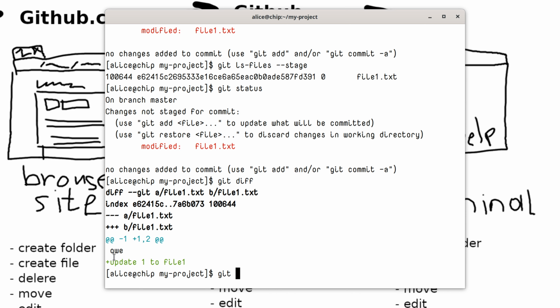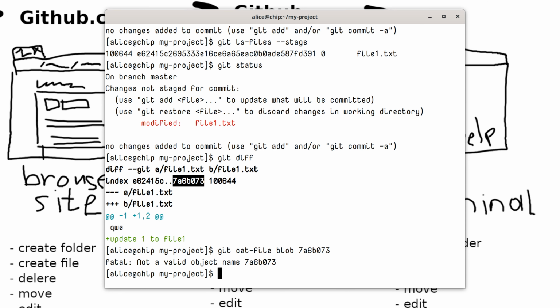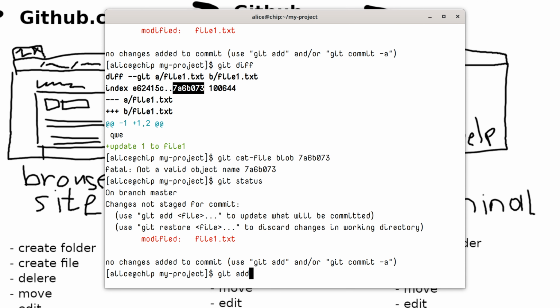So is it actually already created? So now let's try git cat-file blob. Okay, I guess it's not yet created,